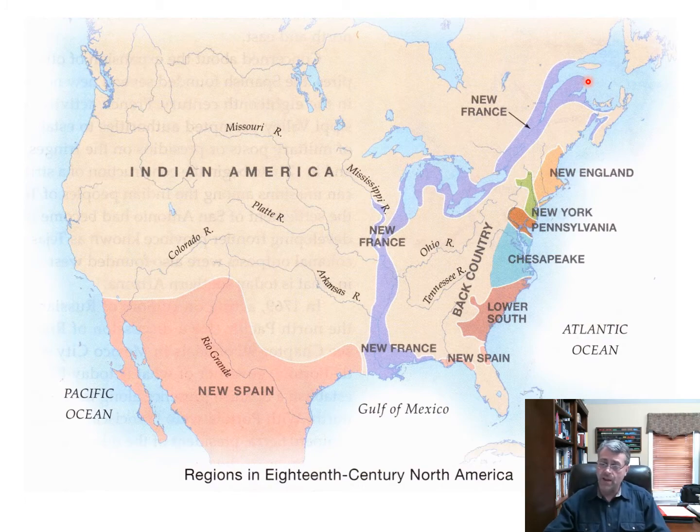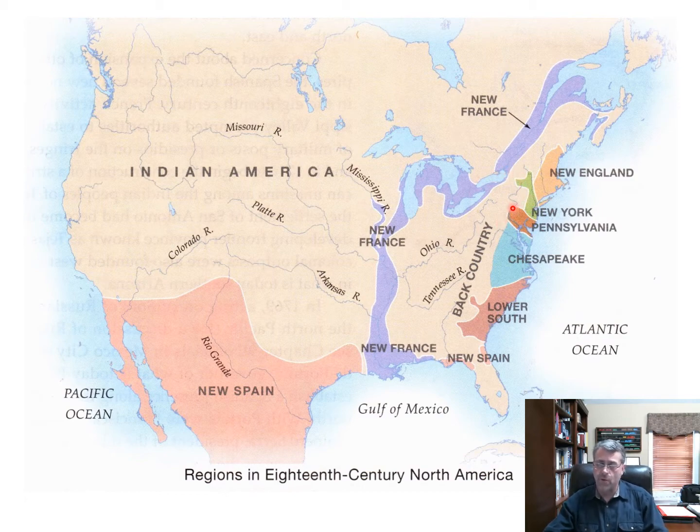So from the Indians' perspective, if you're a Native American living in this region, especially in this region here, you're probably going to get a better deal from the French. You probably prefer dealing with the French rather than the British, because the British, the main thing they want is land for farms. The French, all they want are furs. So as long as you're providing furs to the French, they're going to continue trading with you, and they're not really going to want much of your land. Whereas the British, with more and more people coming in, are going to want more and more land. You stand to get a better deal from the French than you do from the British.